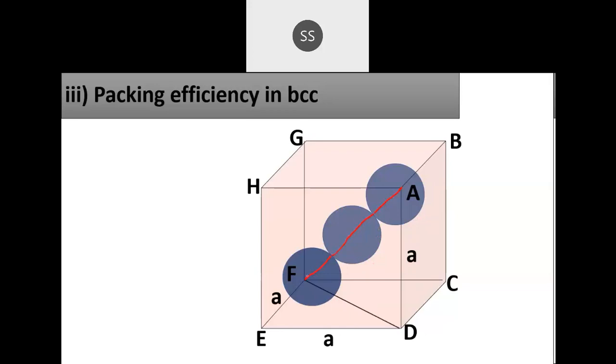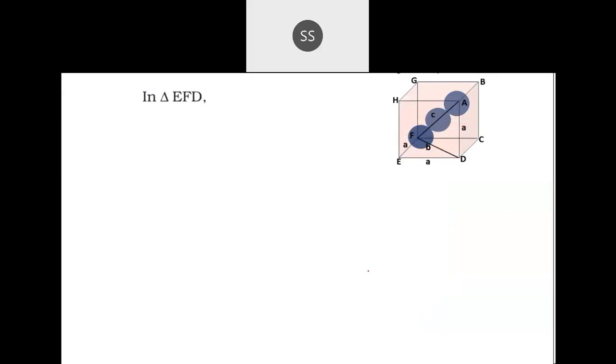Now to calculate this relationship where atoms are in contact, we need to calculate this diagonal. So draw one line over here also on the face diagonal FD, and label that as b. And this body diagonal we label as c, because these two lengths are different. This b length and c length are not the same. Now you can begin writing. I'll explain once again, and you can start along with me.